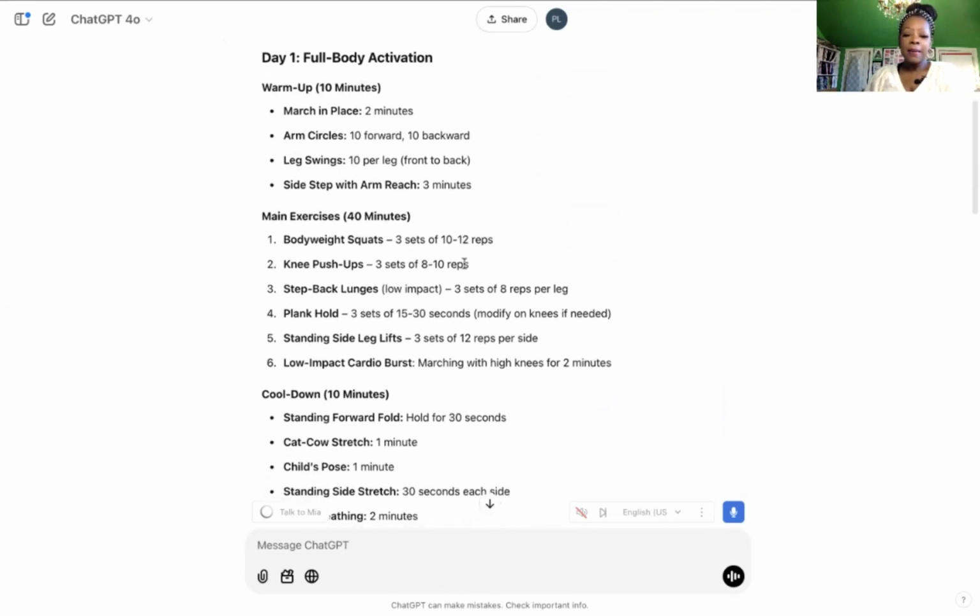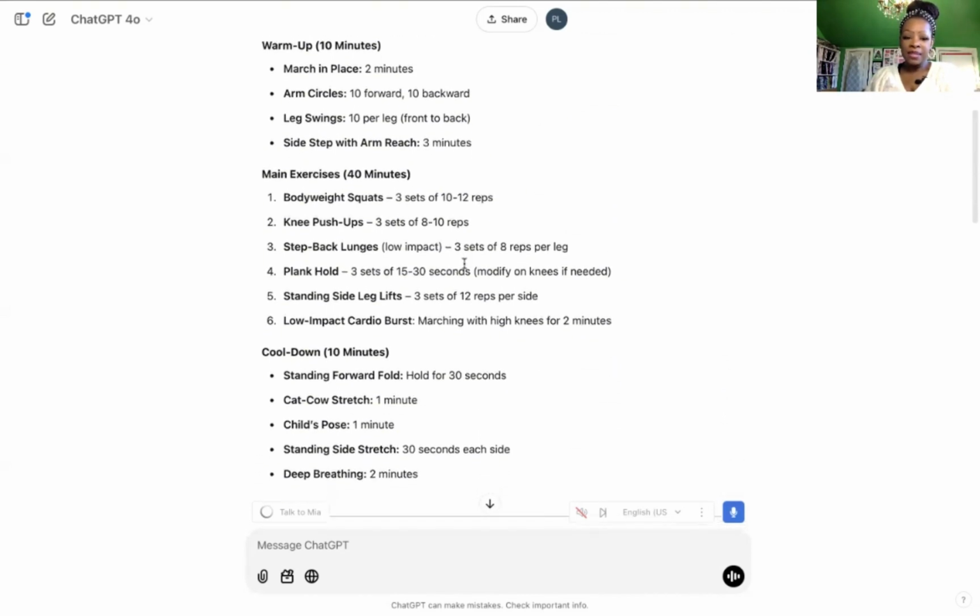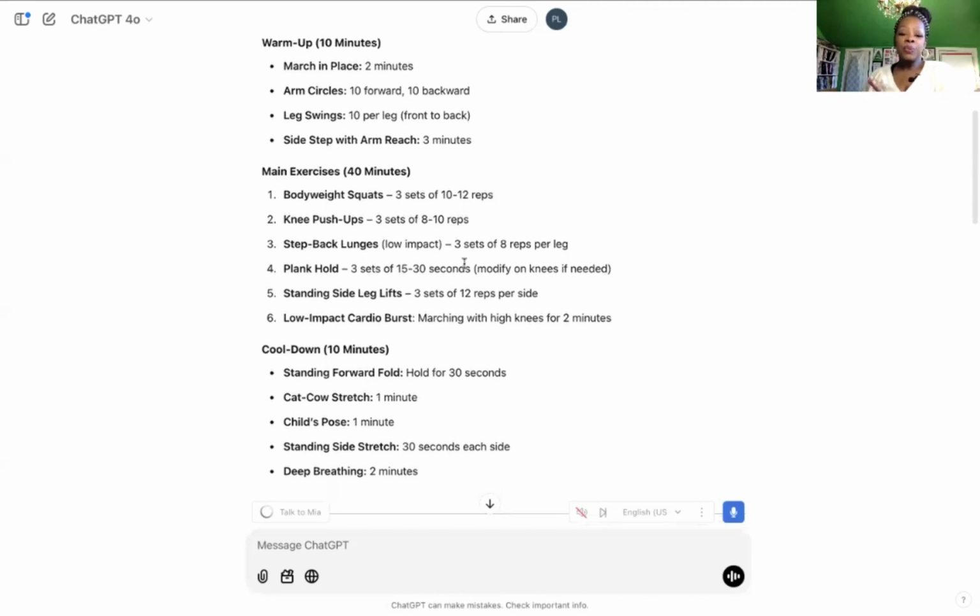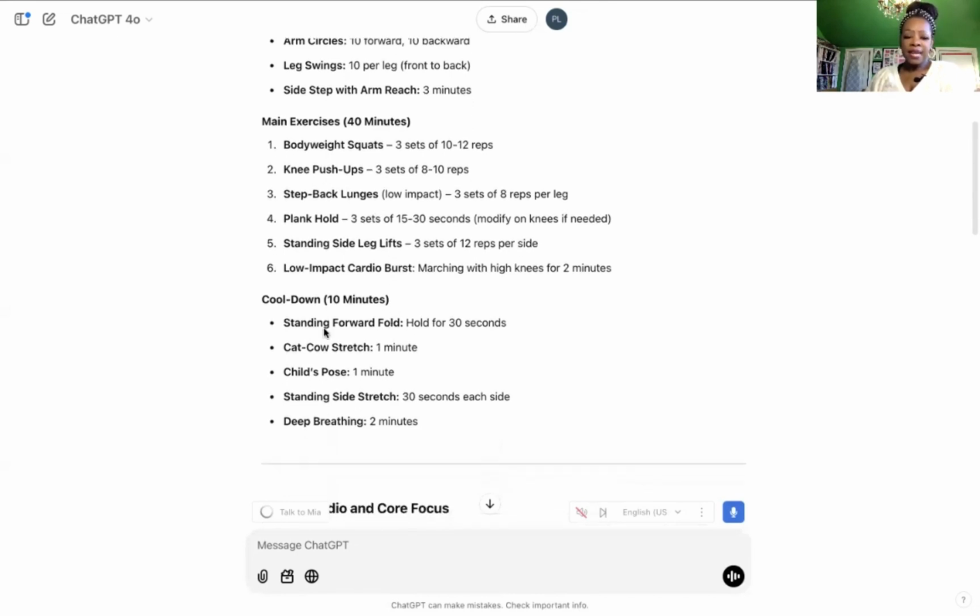And then it gives us a main exercise of 40 minutes. And it's going to tell you how many reps you need to do and all of that, the whole entire plan. Main exercises: body squats, knee push-ups, step back lunges, plank holds, standing side leg lifts, low impact cardio burst. And then it's going to give us a cool down: standing forward fold, cat cow stretch, child's pose, standing side